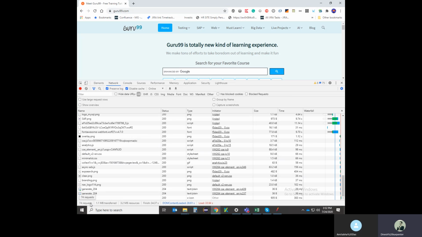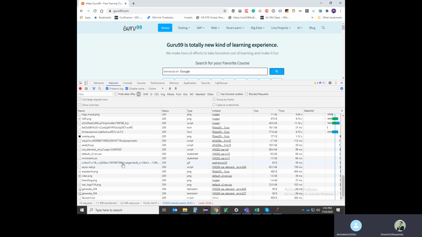So if you have to test 4 pages, you have to multiply these requests, right? 74 into 4, around 300, 350 requests, or 300 plus requests, you have to create in JMeter. Is it possible to create 340 requests if you have a tight deadline? It's not possible to achieve the deadline, and we generally do not have this much time in a project. So what we have to do is use the record and playback feature of